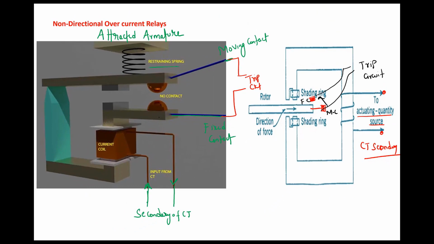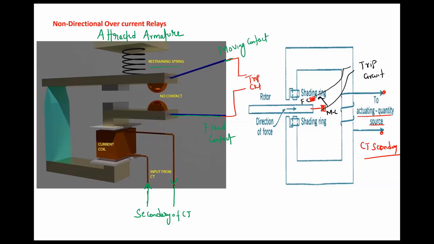Understand? So these different mechanisms are all outdated nowadays. Everything is a numeric relay, in which we already have programs written inside. That program will tell you, once the current exceeds some set value, say 20 amperes, immediately it will give a pulse. That pulse will initiate the trip command and the breaker will trip. So the physical structures for overcurrent or earth fault are all outdated.